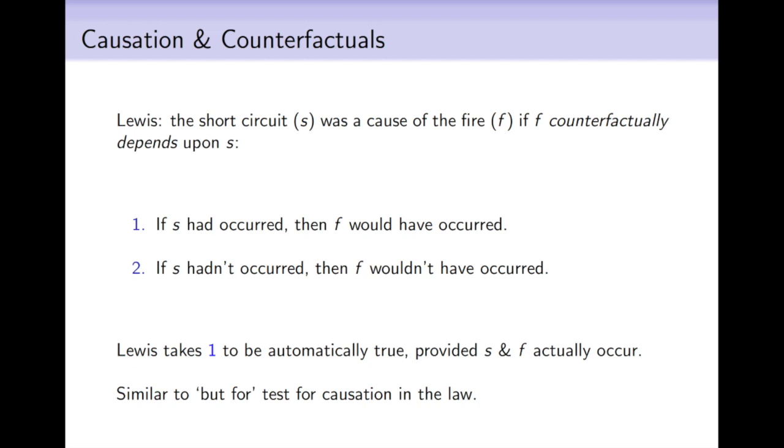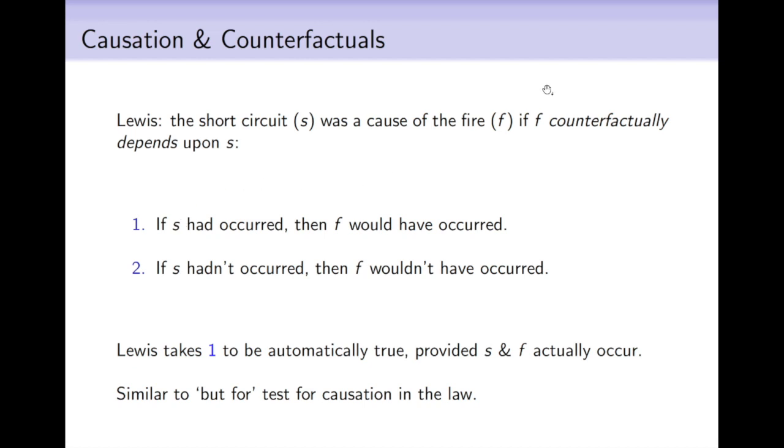Okay, and another thing to note is that Lewis, when he talks about counterfactual dependence, he sometimes actually uses the phrase causal dependence. When he talks about a relation between propositions, he talks about counterfactual dependence. When he talks about a relation between events, he talks about causal dependence. I'm just going to use the phrase counterfactual dependence because that's what most people now do. They just talk about counterfactual dependence between events, which is easily understood in terms of the associated propositions, as we'll see. So that's just a bit of a tangent, but the key point is that